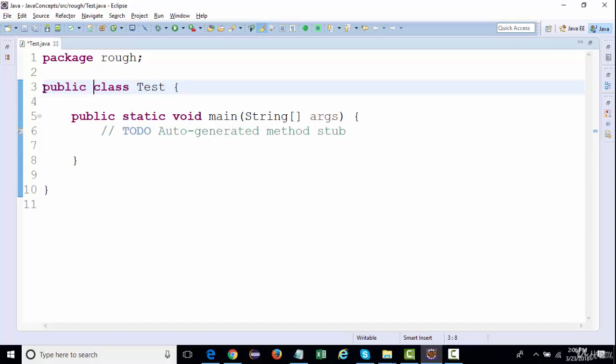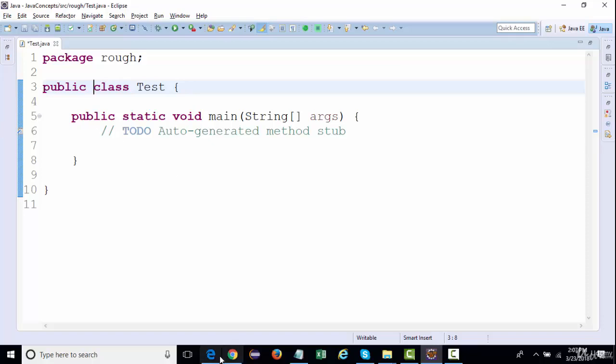It cannot be accessed from other packages. Only the other classes in the package that contains this class can access it. So if there is any other package where you define other classes, and you try to call this class, you will not be able to call it if it has a default modifier.